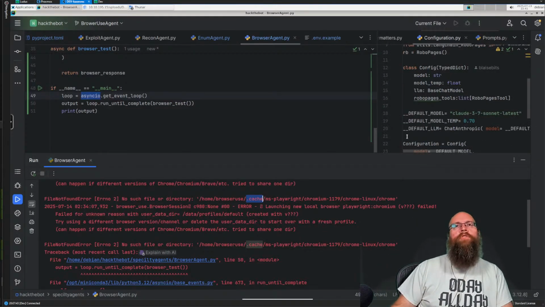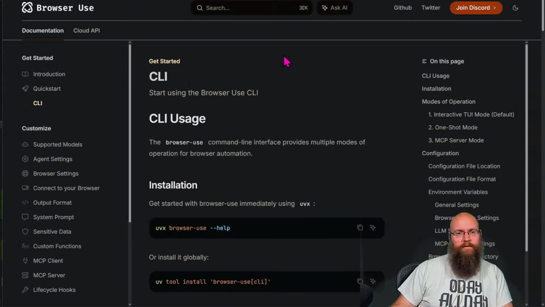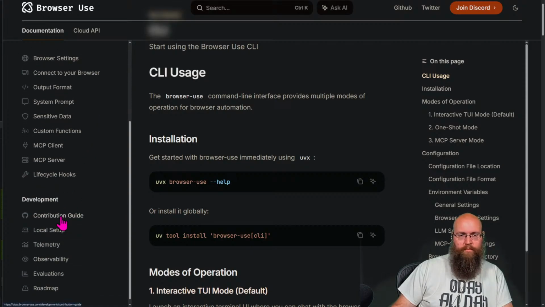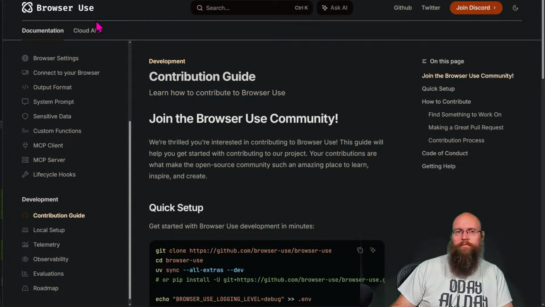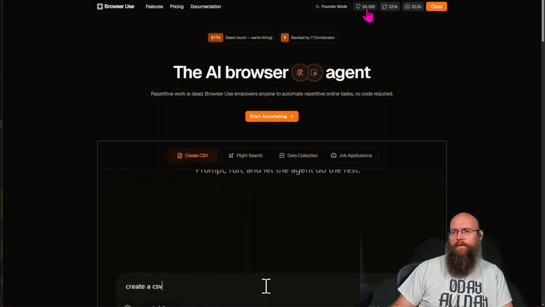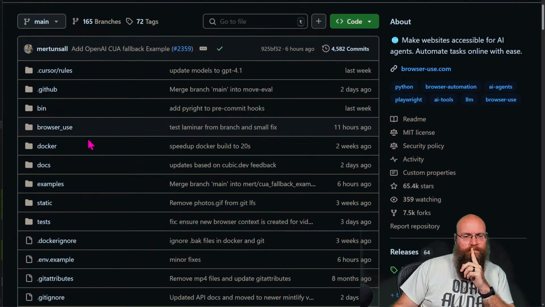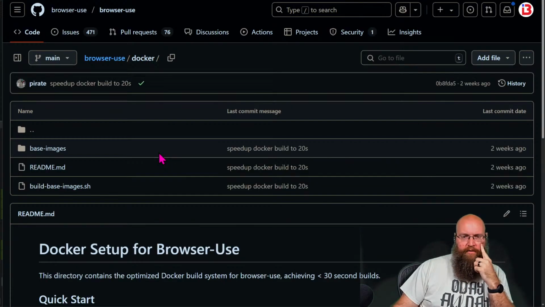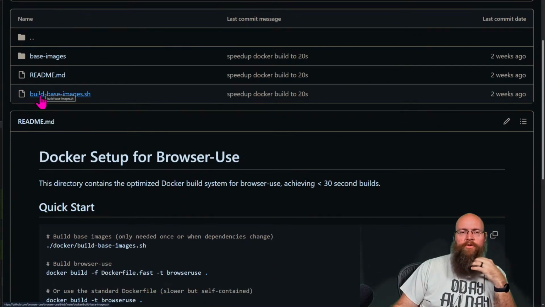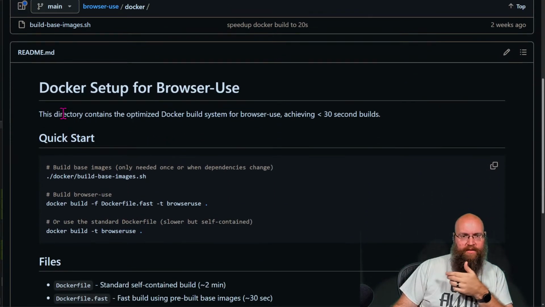You see, now there were two different documented ways for building this. Oh, where's the GitHub code? If we look in the Docker file here. So maybe we should try it with this, with the build base image sh.